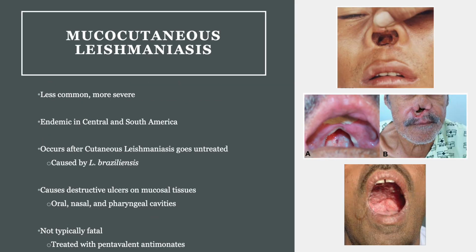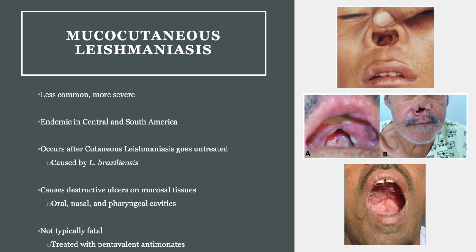Mucocutaneous leishmaniasis, shortened to MCL, is less common than cutaneous leishmaniasis, but significantly more severe. It is endemic to Central and South America, where environmental conditions favor transmission. MCL develops after cutaneous leishmaniasis is untreated or inadequately treated, and it occurs more frequently in individuals with weakened immune